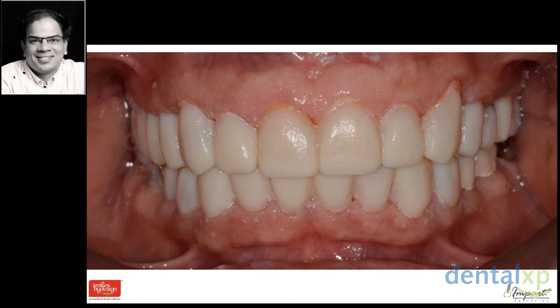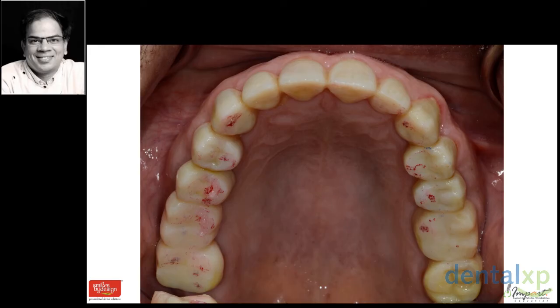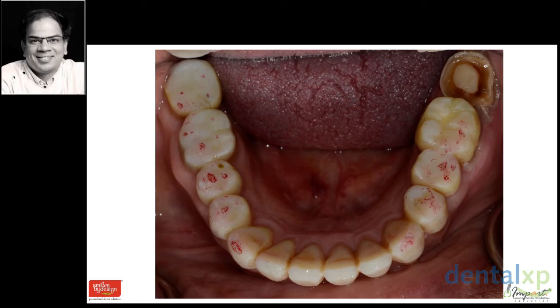At this point, you take your 8 micron papers and see that from canine backwards, on each tooth, you have one good contact and you hold a shim stock. So that's required to be done, and the shim stock should pass through the incisors. So from canine backward, each and every tooth should have one solid contact to hold an 8 micron paper or a shim stock. In this particular case, the lower 7 I've still not treated, but at this point I've decided I'm going to save that tooth.